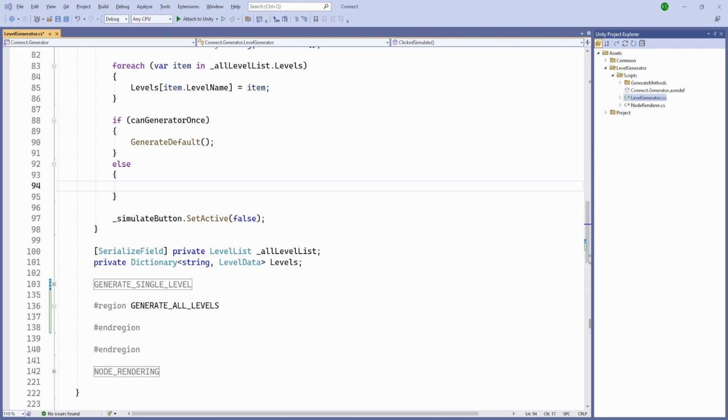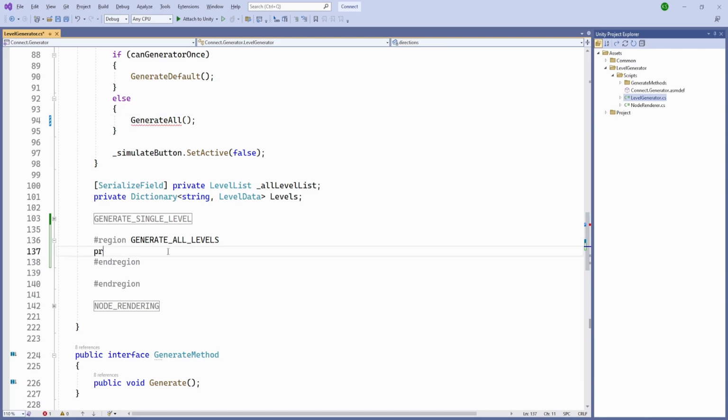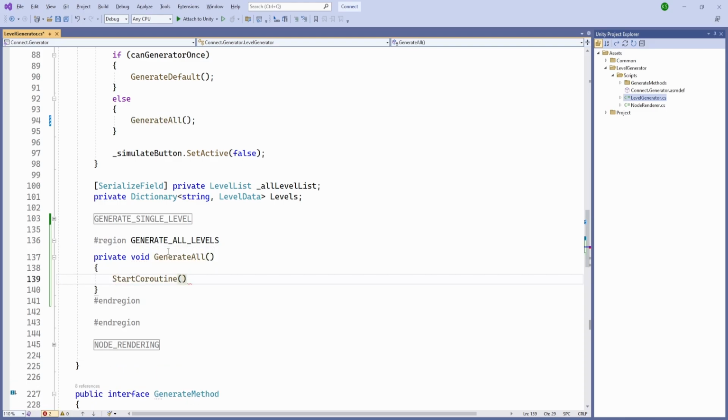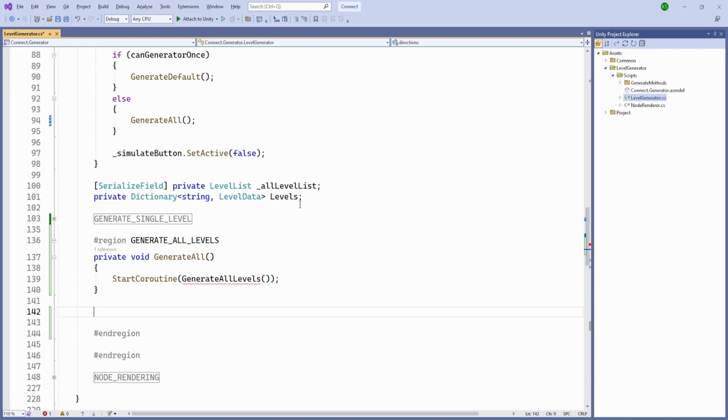So we'll call this generate all, and it is going to be a private void generate all, and it is going to be a coroutine. And what we are going to do is we'll call the generate all levels coroutine, and we'll need to create that coroutine. So let's create a private enumerator generate all levels,